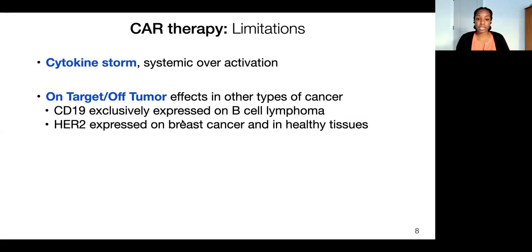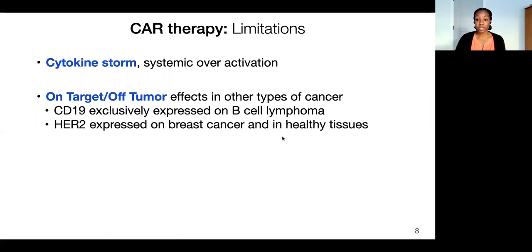I mentioned that in B-cell lymphoma, CAR-engineered cells are very effective. They are targeting an antigen called CD19, but that same level of specificity, where the antigen is only expressed on the disease cells, is not present in other kinds of cancers. For example, we know that certain subtypes of breast cancer have high expression of a receptor called HER2, but that's also expressed in healthy tissues. And so the CAR can have on-target, but off-tumor effects,